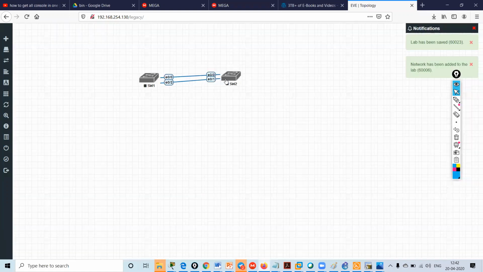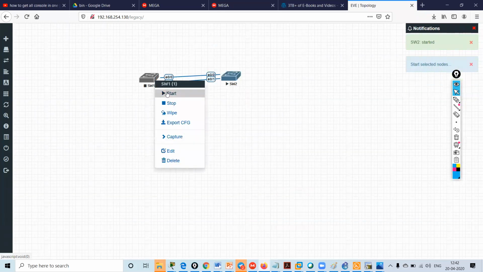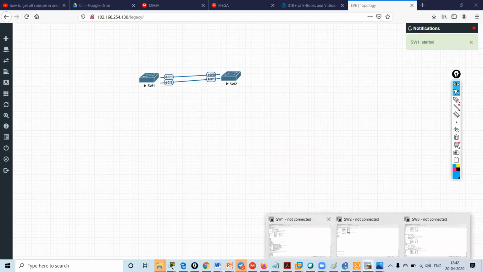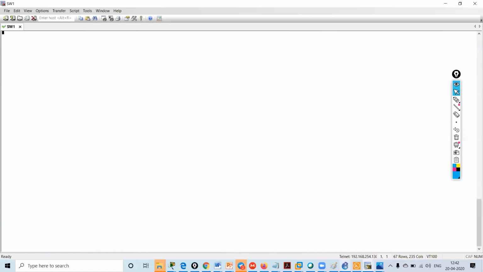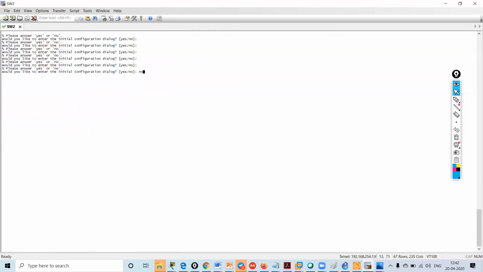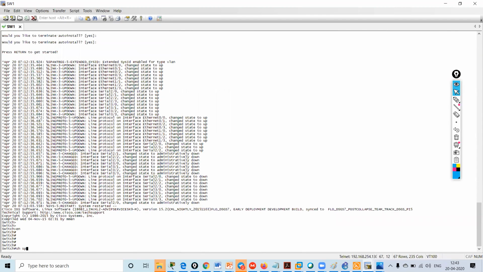We'll go on switch 1, reconnect, switch 2, reconnect. Enable, show spanning tree.